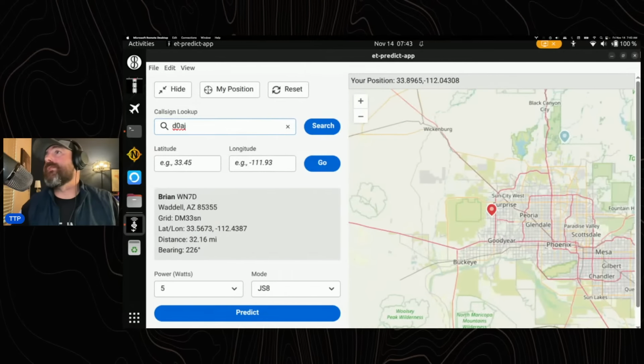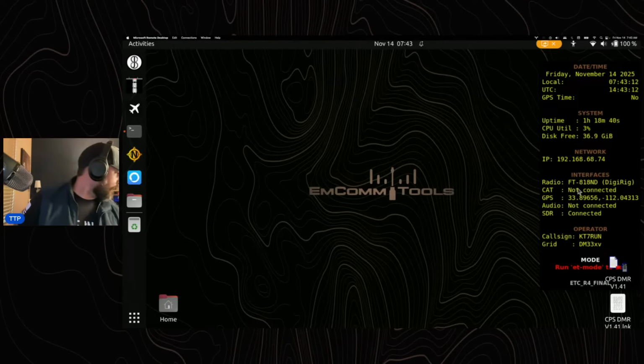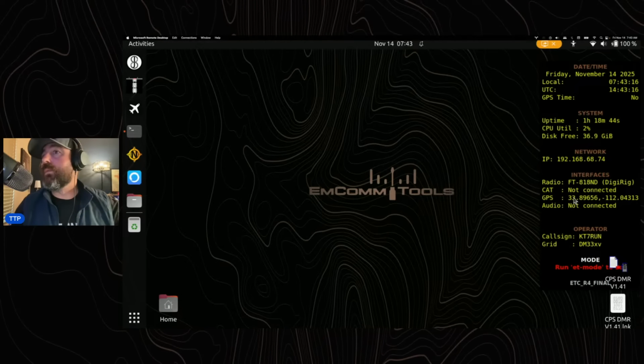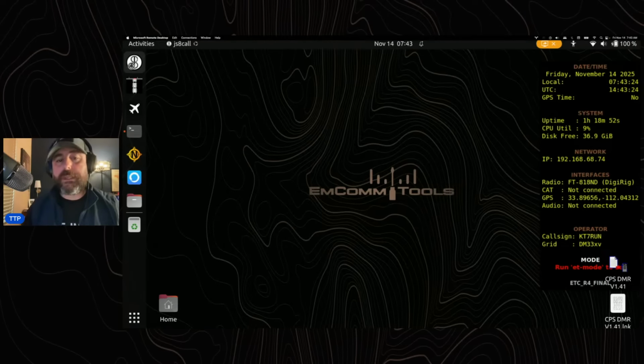which system is this here? Okay, this is the FT-818ND. So we're not connected. So if I go to start JS8Call, it can't start JS8Call. No supported audio device plugged in. So again, it may seem trivial to most people, but in the field, you may be under stress or whatever, and it could be that